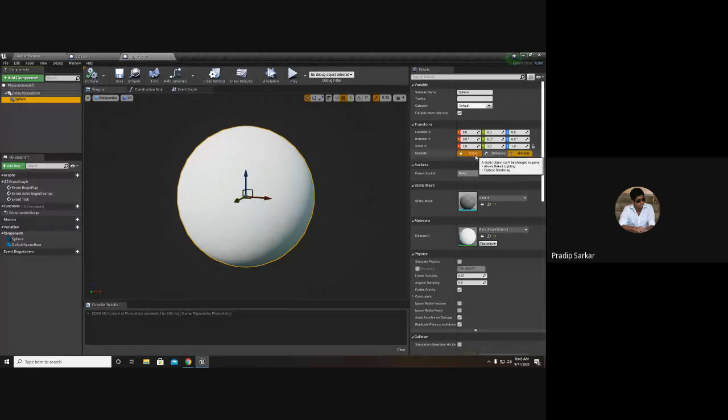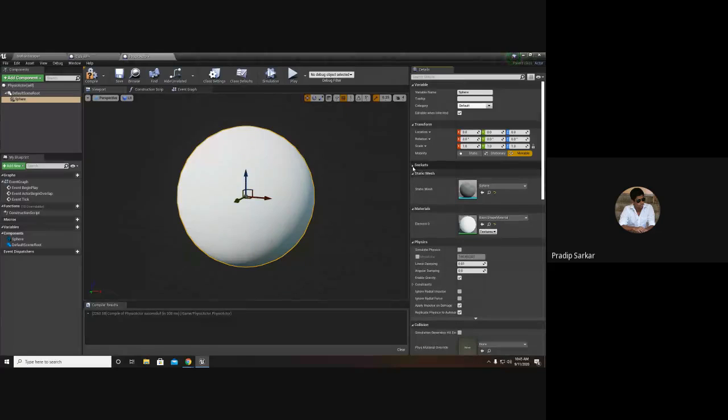If it is static, that object will not execute any kind of script or any kind of physics behavior. So in order to enable physics, first we have to set the mobility to movable.